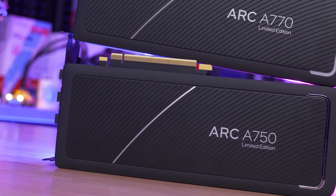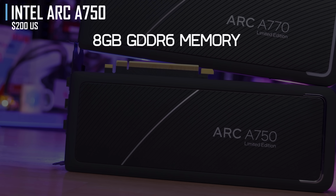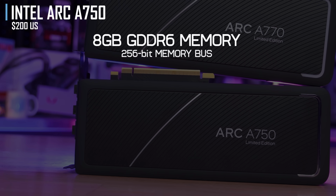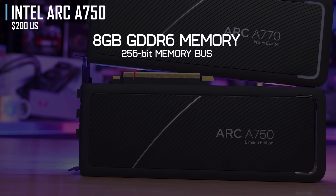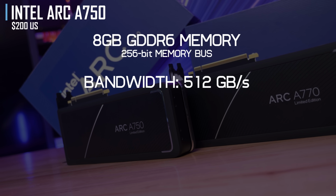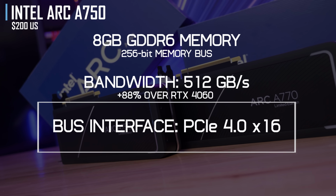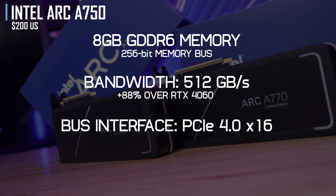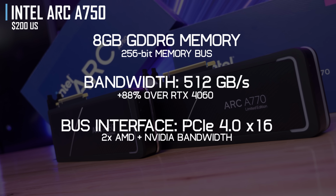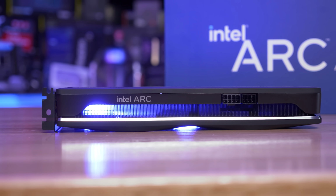So in terms of specifications, the A750 features the same 8GB of GDDR6 memory as you'll find on the RX 7600 and RTX 4060, but it uses a much wider 256-bit memory bus, allowing for a bandwidth of 512GB per second, and that's a massive 88% increase over the much more expensive RTX 4060. The A750 also uses the full PCIe 4.0 x16 interface, whereas both the AMD and NVIDIA GPUs are limited to half of the PCIe bandwidth. On paper, the A750 does look pretty good, especially for $220 US,